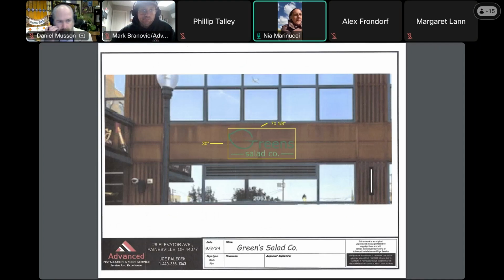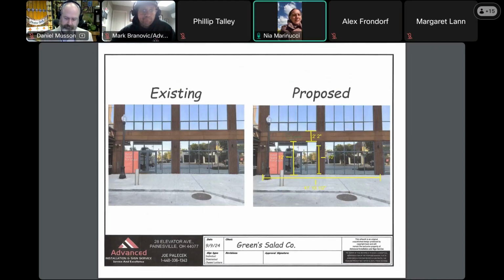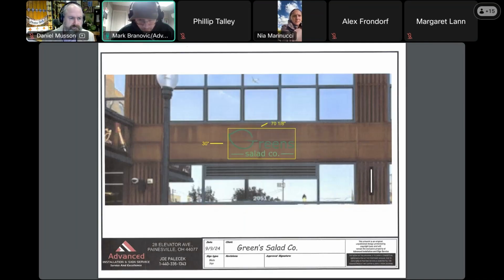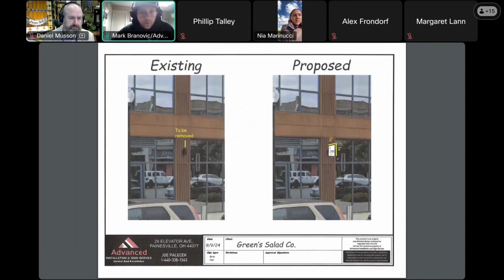Okay, thank you, Mark. I think I only have one question, which is how high off the ground is the blade sign? I called that into question too. My understanding was that it is a 10-foot minimum in this area. So it would be at least 10 feet off the ground? Correct. There's room for adjustment there as well, but my understanding was it was a 10-foot minimum clearance. Okay. Based off of the photo and the scale, you should have sufficient space, so I'm not concerned. It's more just that it's not noted on the drawing.